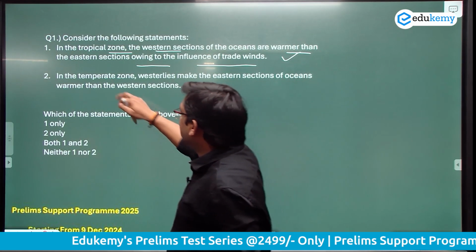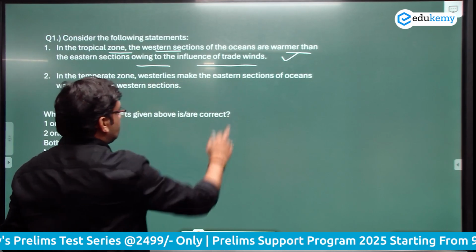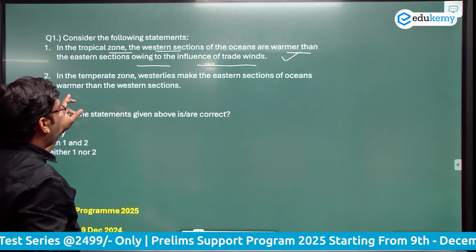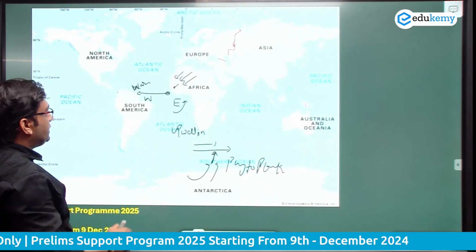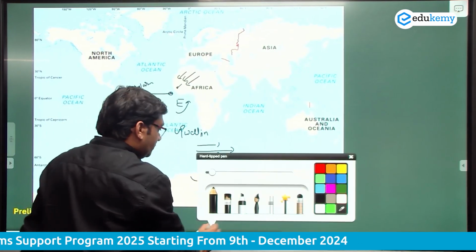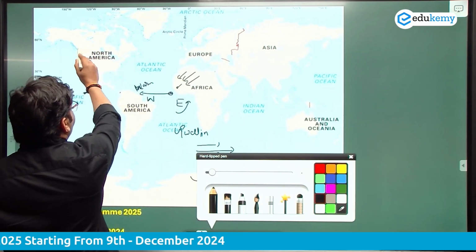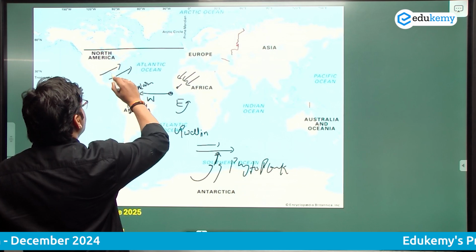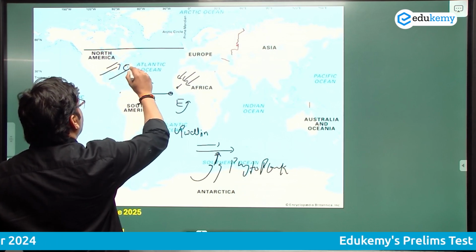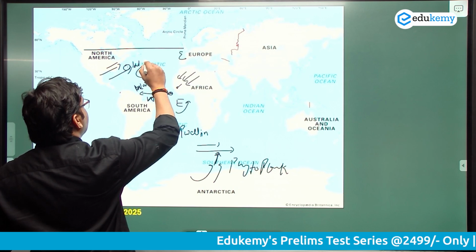The second statement is that in the temperate zone, westerlies make the eastern section of the ocean warmer than the western section. As you see in this diagram, this will be the temperate zone. This will be the temperate zone. Here westerly is more of an influence. So westerlies drag the warm water from the western part toward the eastern, and because of the presence of some important